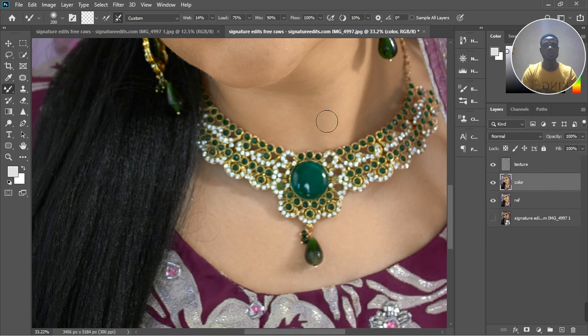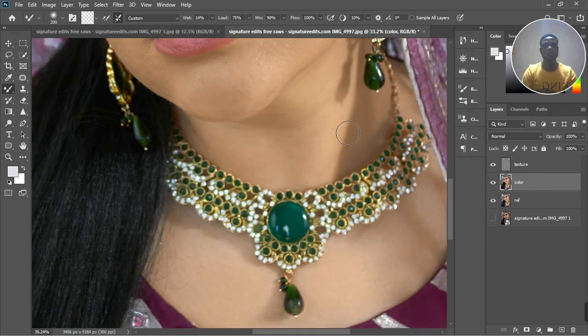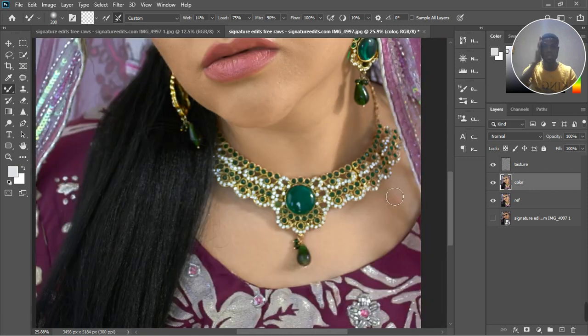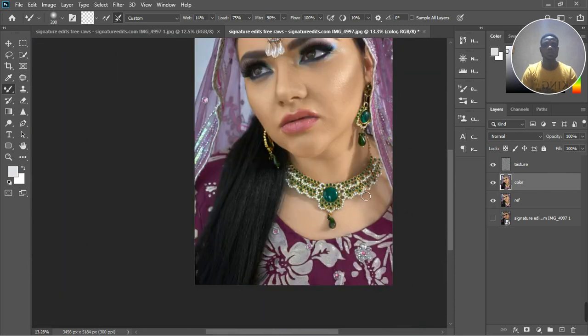Okay, so on our neck, okay, let's say we are okay with that. You can take your time and you can do the rest. So let's see. I'm going to group these two together and check out our before and after. So group them together, name them frequency separation,